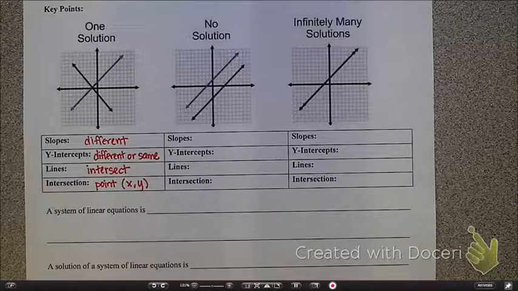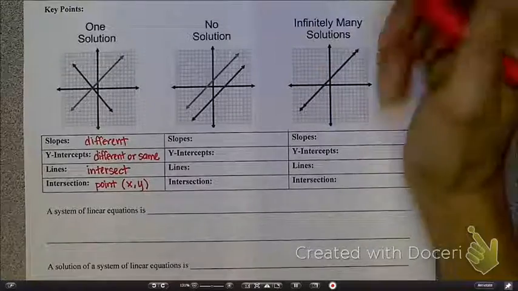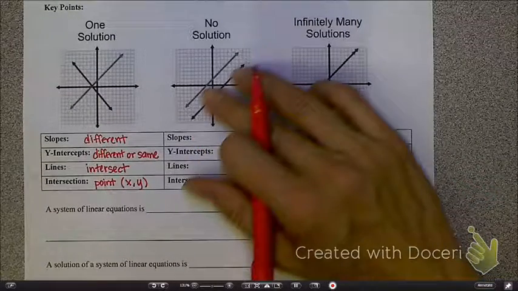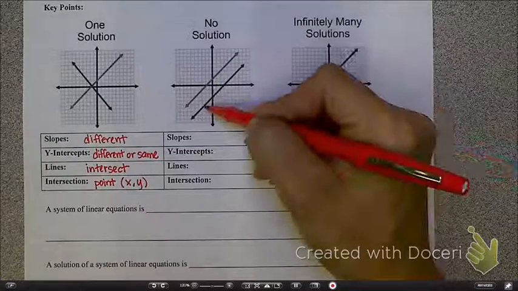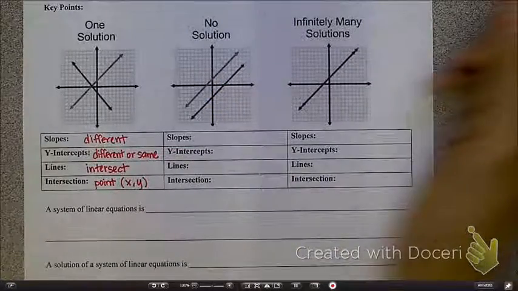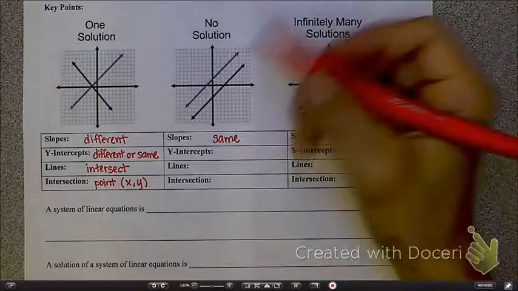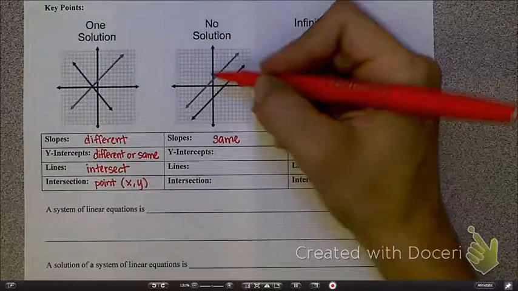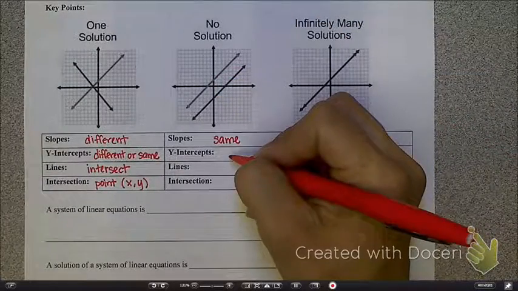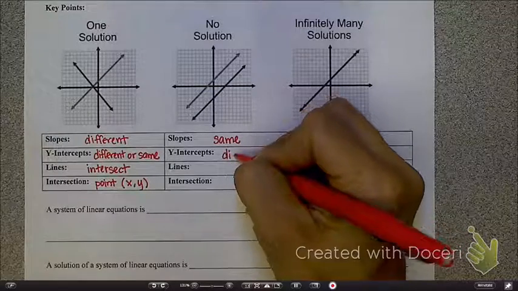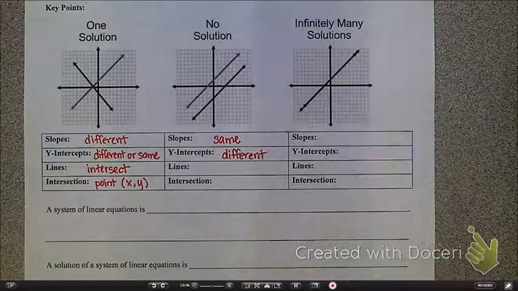All right, so let's look at what happens when there's no solution. Well, what did we learn about the slopes of these two lines? What was happening with the rise and the run in this line and the rise and the run in that line? Yeah, they were the same. Now, what did we learn about the y-intercepts? This y-intercept here and this y-intercept here. Well, yeah, they're two different y-intercepts,